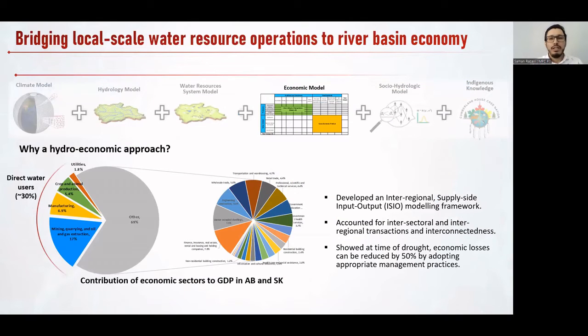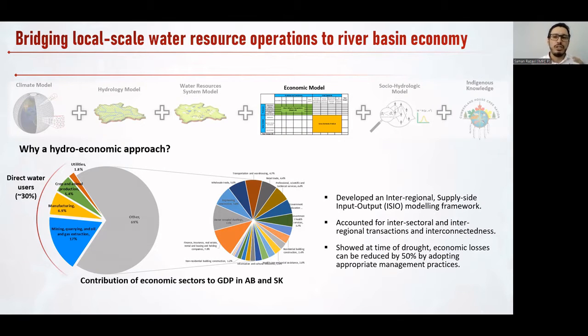We've been also trying to bridge local scale water resource operations, like the operation of a reservoir or water allocation, to river basin economy. And let me explain to you why that is important. So this has been a primary focus of integration for us in the past couple of years. And the reason that is important is